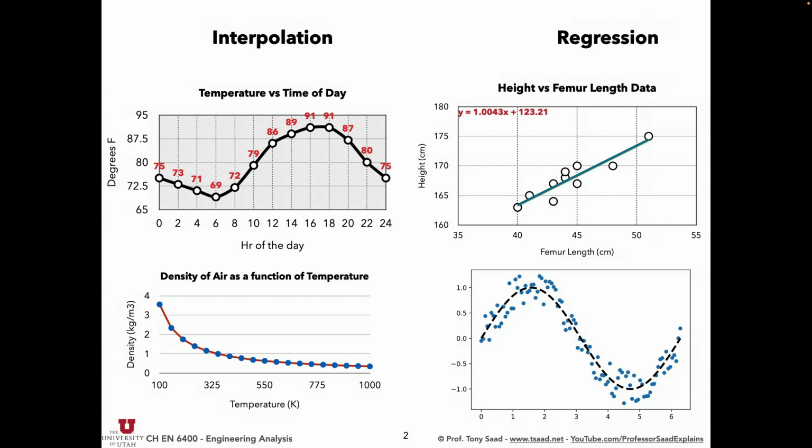Okay, I'm going to model it as a straight line, or I'm going to model it as a quadratic. I mean, it's not exactly the truth, but it's something that, based on intuition and knowledge, could do a good job. And you'll see that when data is scattered all over the place, you might have two or more y values for a single x value. This is, for example, actual data from a person's height as a function of their femur length. So this is the femur here, the bone in your thigh, and in this region, the length of your femur is predictive